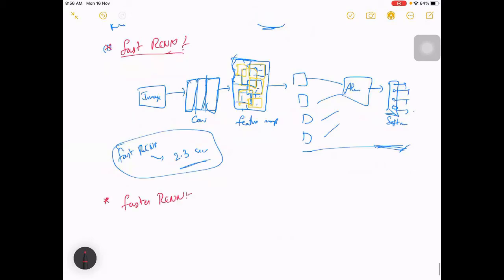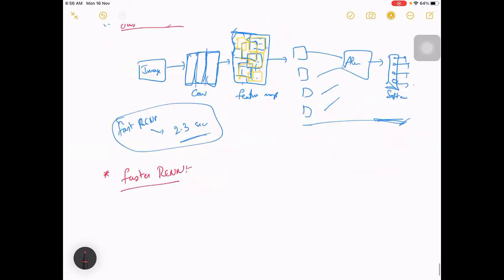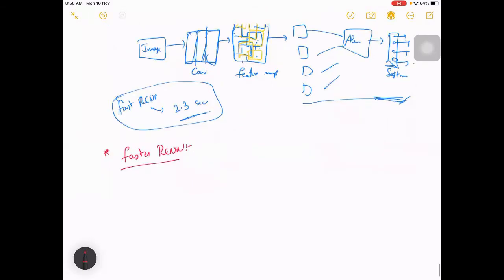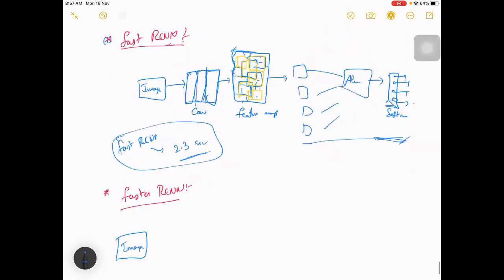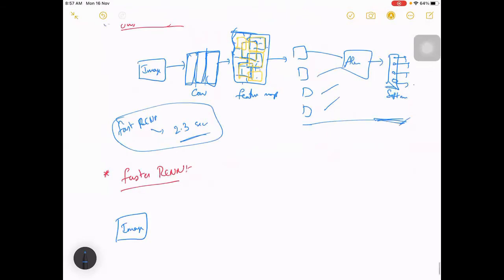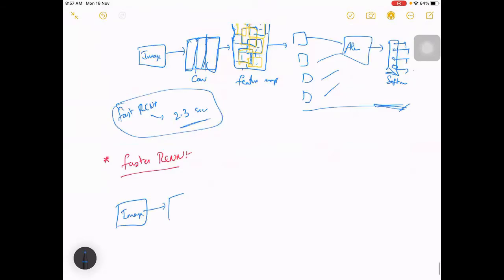With that thought, they proposed this new architecture where you have an image. Instead of using selective search here, they use a network again to propose the bounding boxes. Initially, anyway, these conv layers are there, right? You have a few conv layers which will give you the feature map.